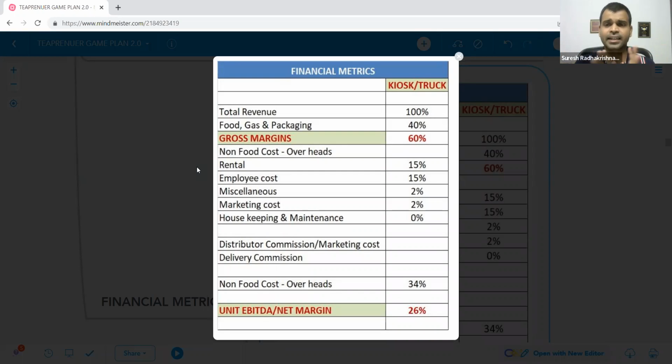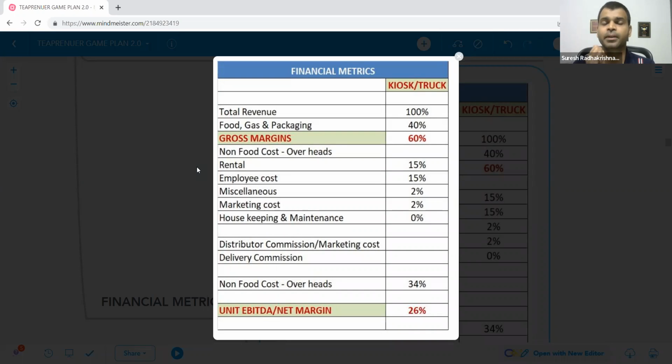So this is clear, right? Positive unit economics, negative unit economics. What exactly is unit economics? Now, to make sure that you reach positive unit economics and make profit, please follow this. I've given only for kiosk. In the interest of time, I may not be able to explain all the models for QSR, for cafe, for cloud. I've done that in the gold and silver membership. But right now, I will take you through the kiosk and truck model. So let's assume that your projected revenue is 3 lakh.